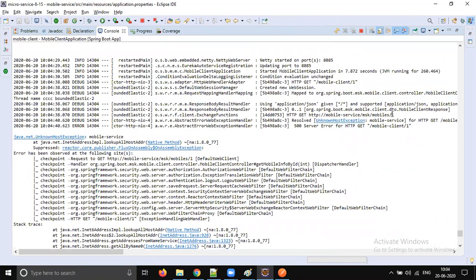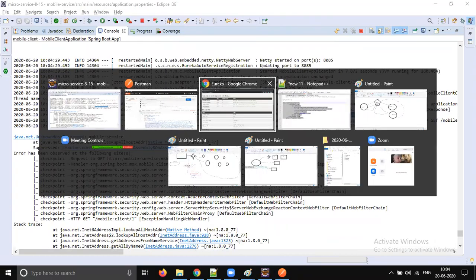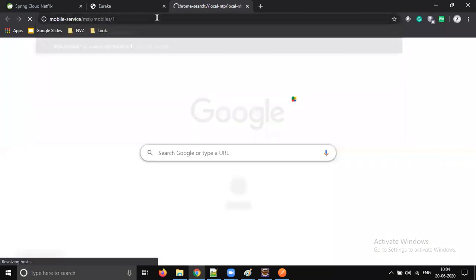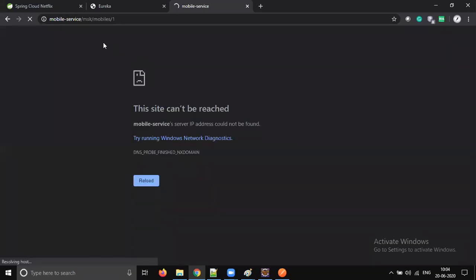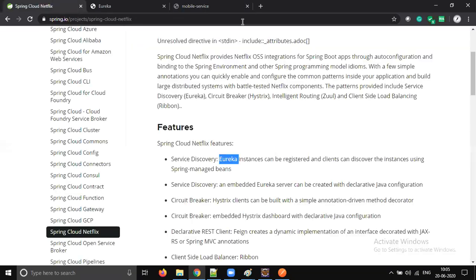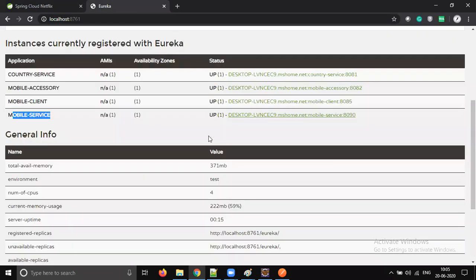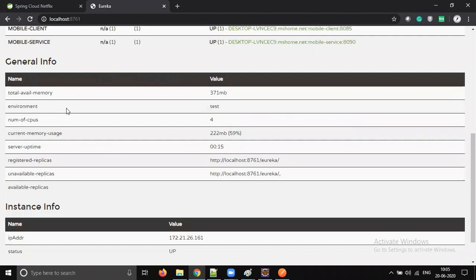Okay, so it is expecting some DNS server level changes. In real time, we will do those DNS server level changes and access it by using the name we gave on the server.